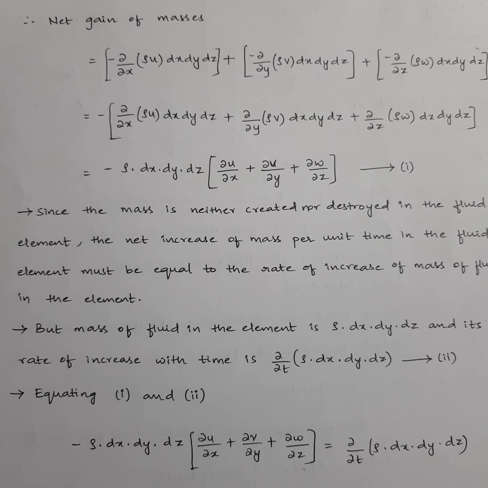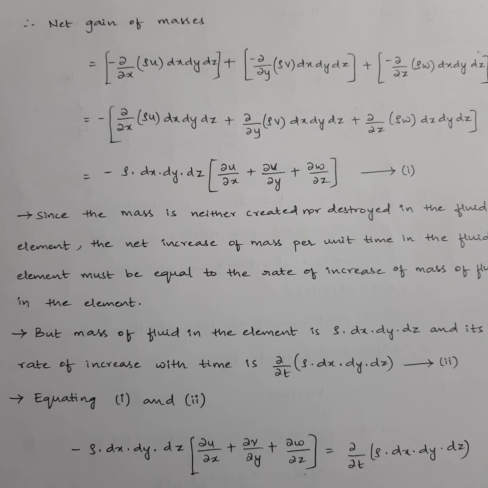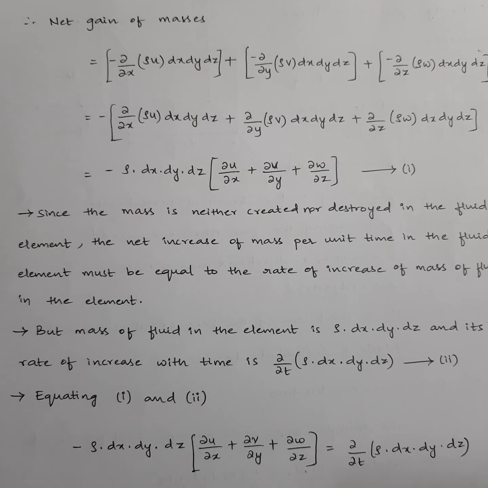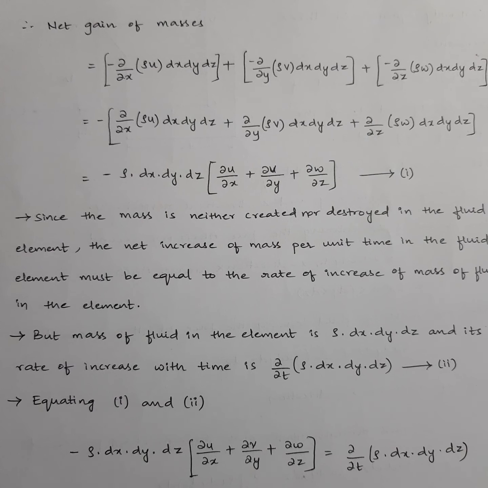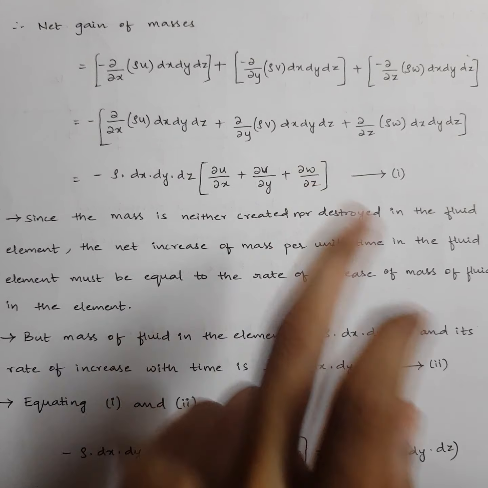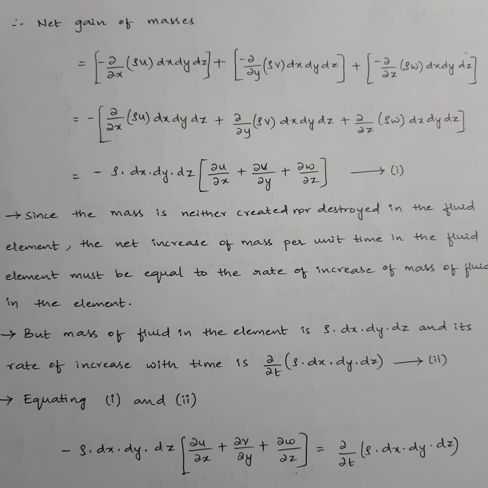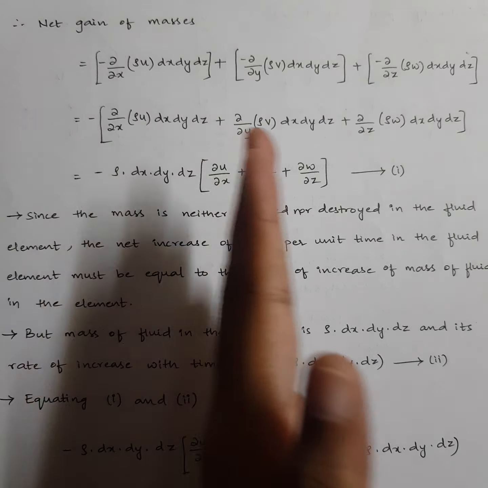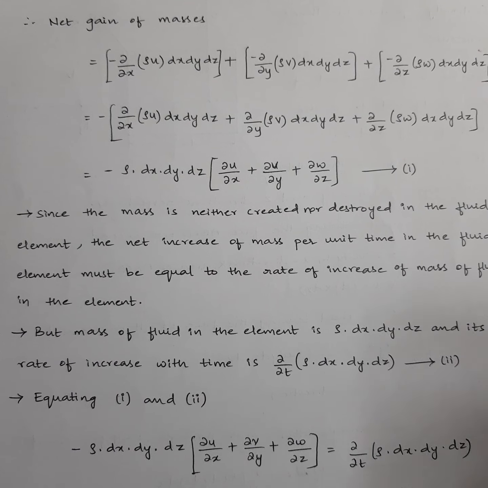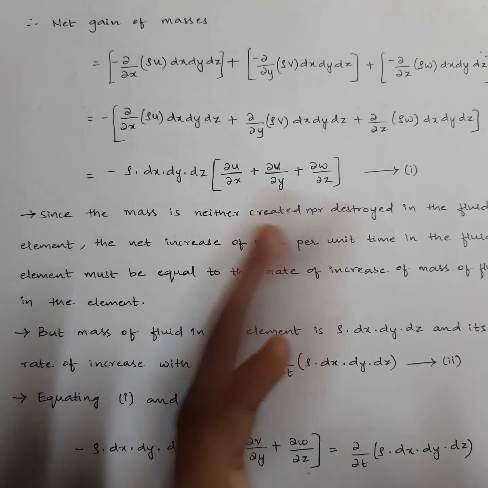When you are saying that there is a mass gain in all directions, or in x direction or y direction or z direction, means what? Individually the fluid element is gaining mass, then only it can attribute to total contribution. So this complete value will be equal to increase in mass, that is also with respect to time. As the fluid is flowing from one phase to the other phase with the increase in time, then only it is able to gain the mass from the other fluid elements or whatever it may be.